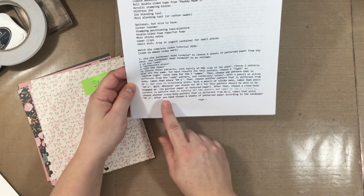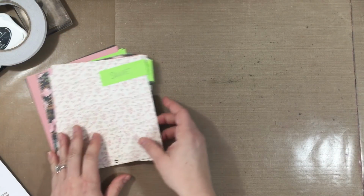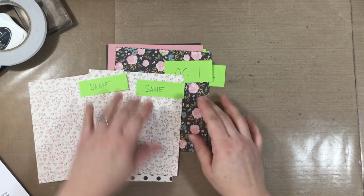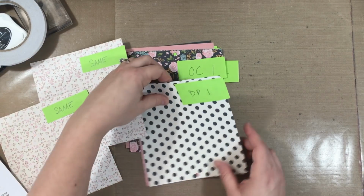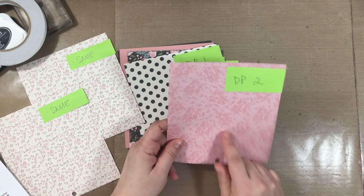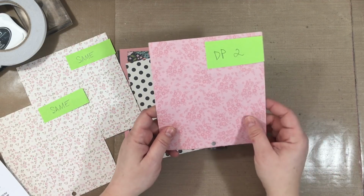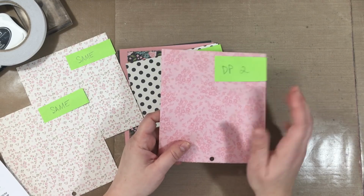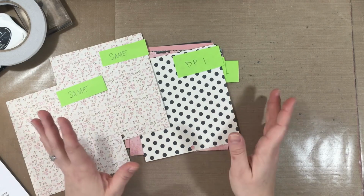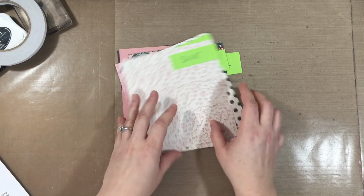Okay, and you can see that there's notes in the pattern that say whatever you choose for different plain 1 and different plain 2. I think I did make a note in the pattern itself. You do want to make sure that for this pattern, you should be able to stamp on it. So let's say you had another pattern paper or some scraps in mind that you were going to do this with. You don't want to have anything like glittery or something. We're going to stamp on something in this particular pattern. Now that's not true in all different planes and other patterns, but it is for this one. Okay? Now